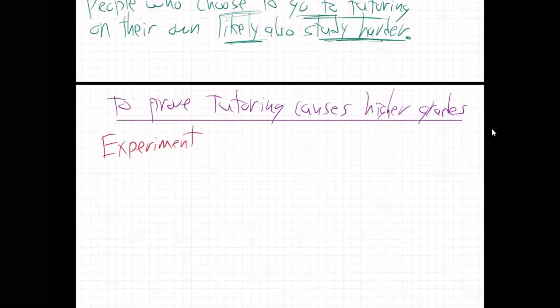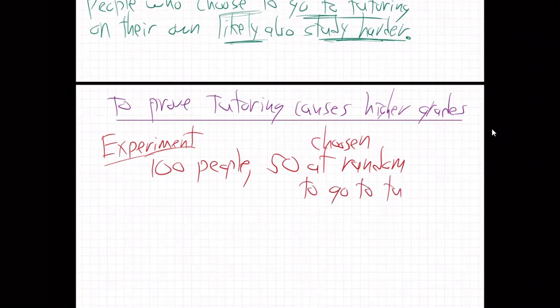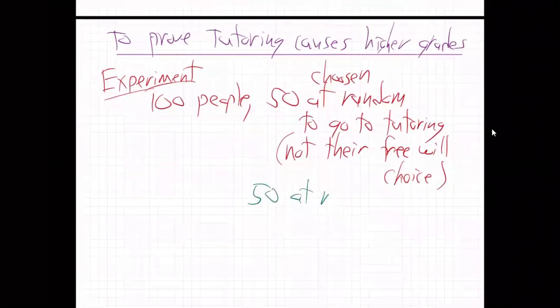Remember when we studied experiments? It's good to remind you of this again. Say you have an experiment where you take 100 people, 50 chosen at random. It can't be their free choice. Chosen at random to go to tutoring. Not their free will choice, right? You're just getting 50 people at random, and then 50 at random